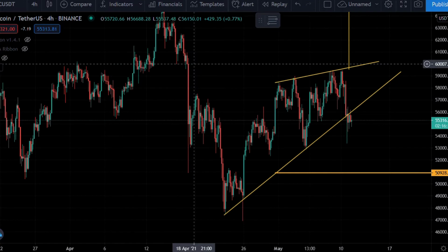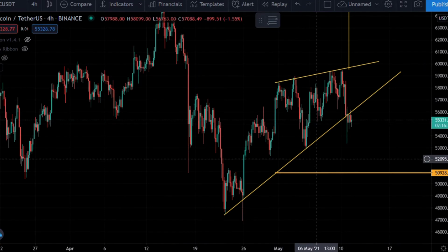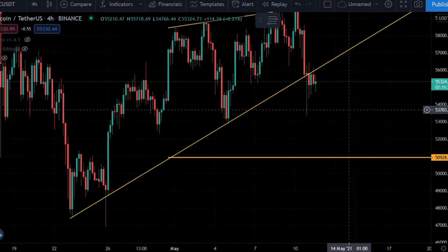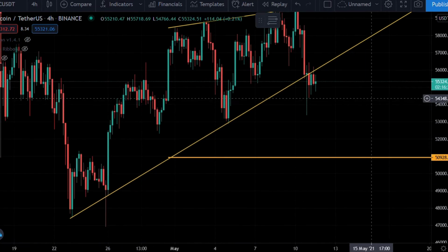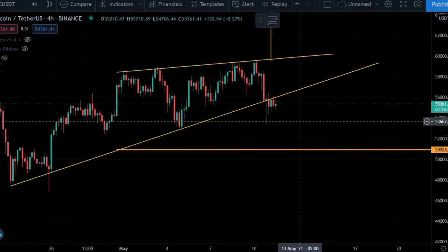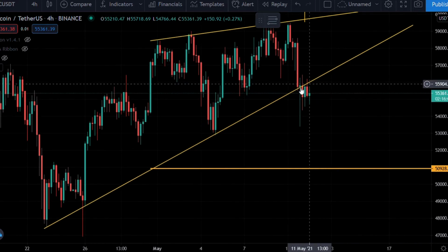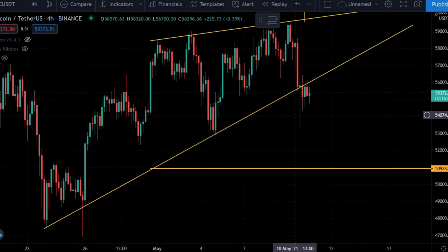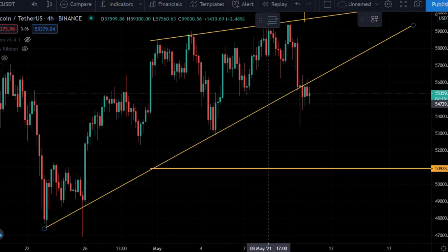I want to talk about Bitcoin quickly, and yes, we did have a flash dump yesterday, and the flash dump hasn't recovered for Bitcoin. The reason why is, from our last video, we have been talking about this rising wedge that's been forming for Bitcoin, and since getting this flash dump, we are now finding resistance at this level, at this old support. And this is not good in the short run, because this is confirmation for bears that